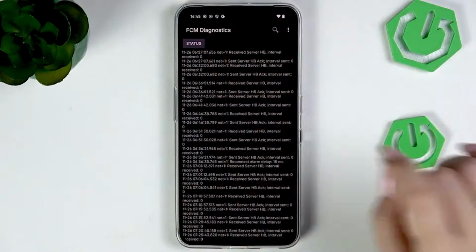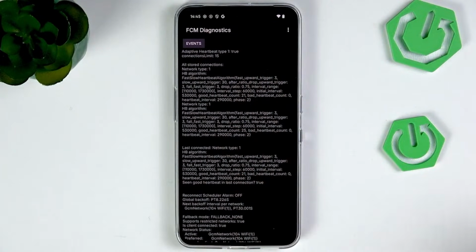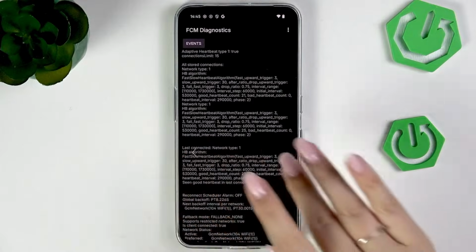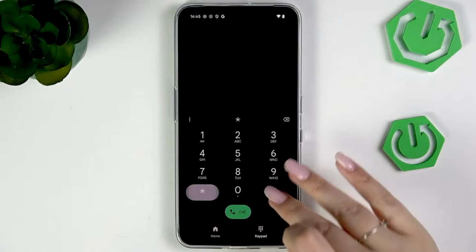Just tap on it and tap on the status. And here we've got much more information. So for example, the heartbeat, last ping, or HB algorithm. Let's go back, and the last code which I'd like to show you is